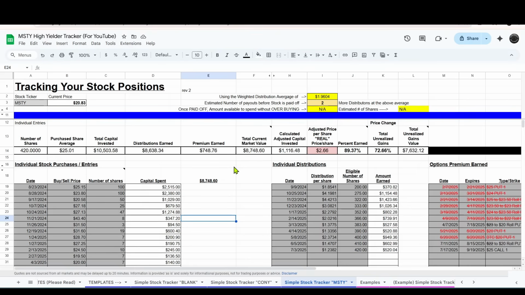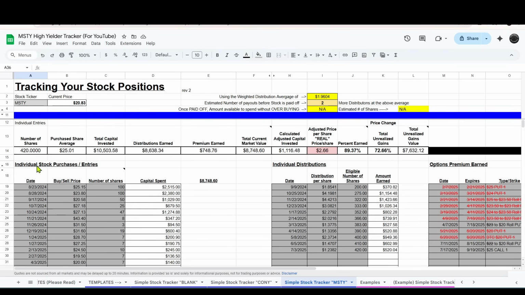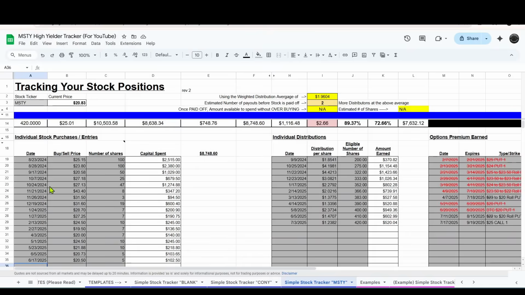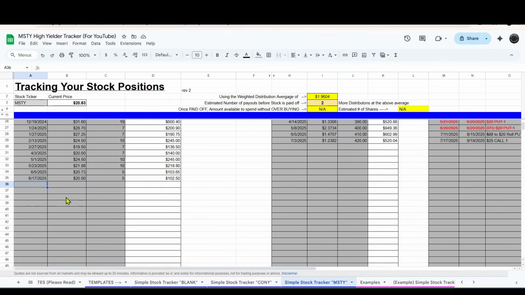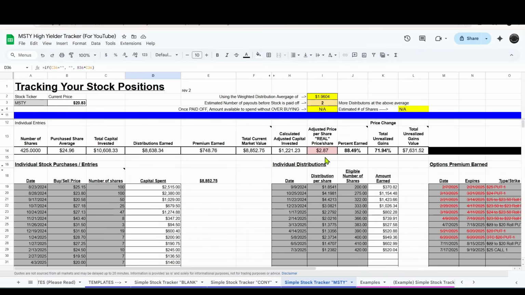So let's just go ahead and enter in my new stock purchase of MSTY. So we'll look here at the individual stock purchases here, and we'll scroll down to my next open entry. And the date that I did this on was July 23rd, and it was at a 20.95, right, per share, and I bought 5 shares. So that calculates the total amount that I spent, and I can scroll back up, and you will notice that